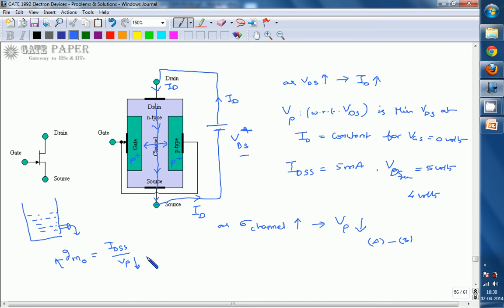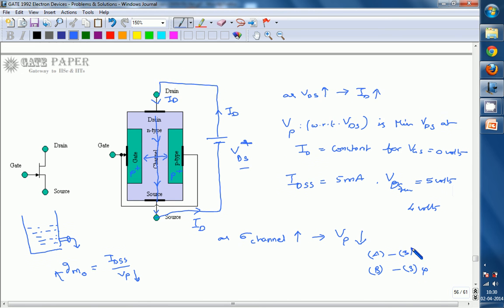So for B also we can go with option 3. B has option 3, and it also has one more option, which is